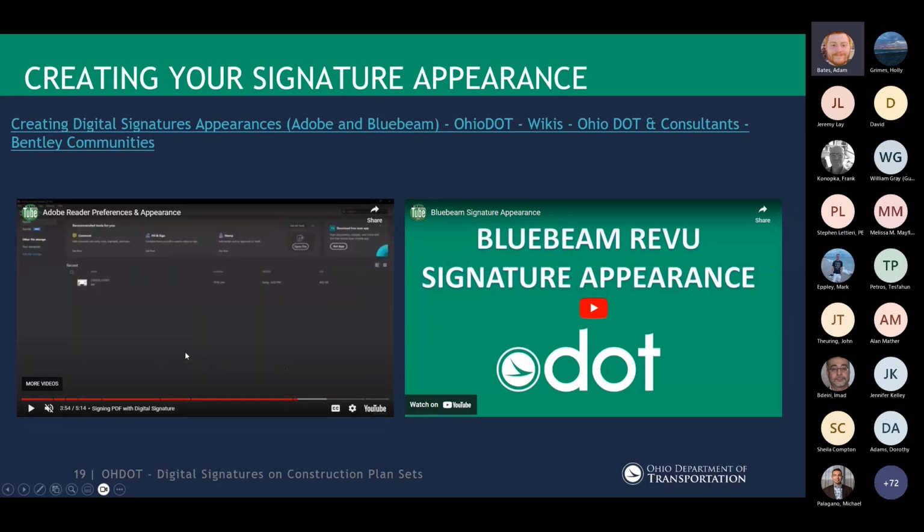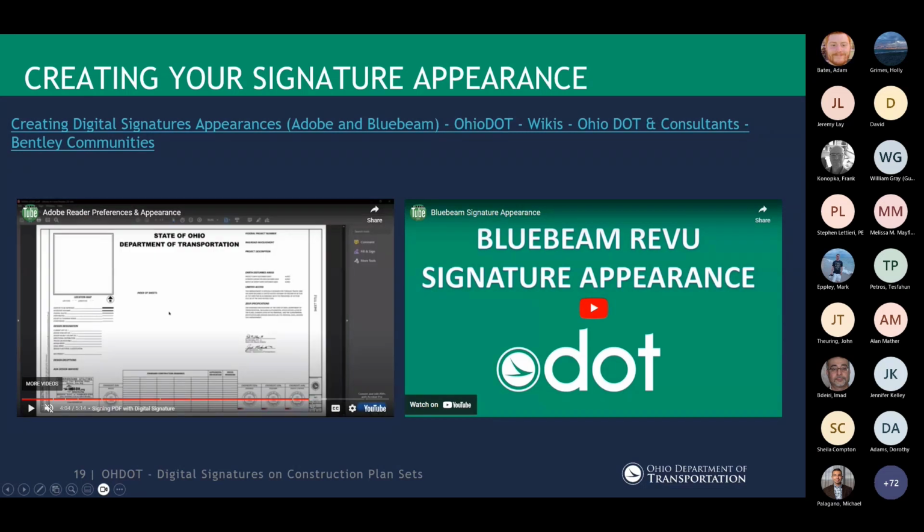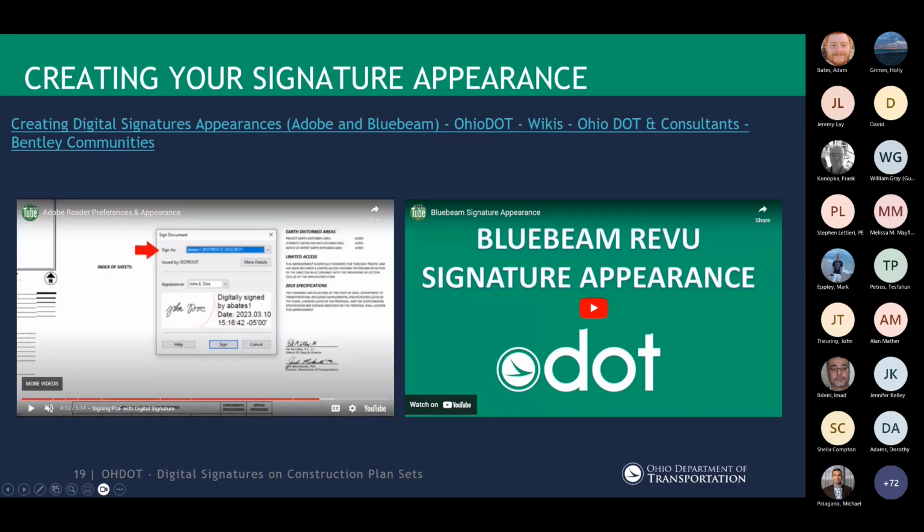And then let's go ahead and sign a document. And then you'll get this dialog here, and you'll select your sign as here, and that'll show up with your appearance underneath this drop down here. And as you can see, this is what the signature will look like. And that pretty much covers the signature appearance